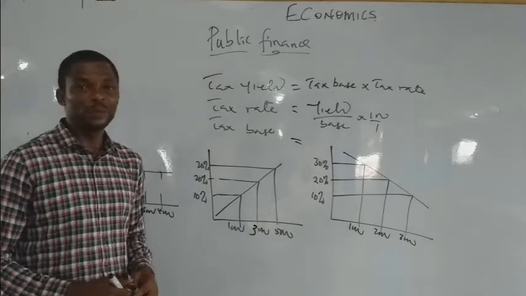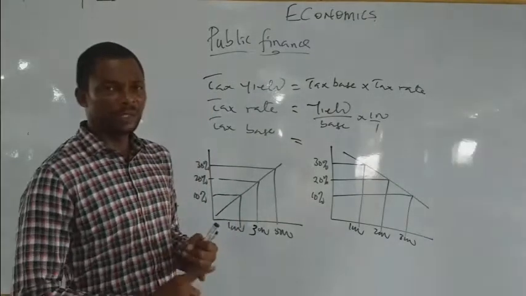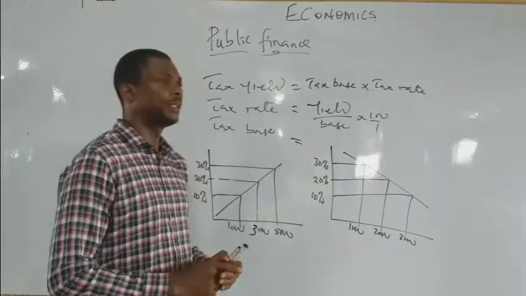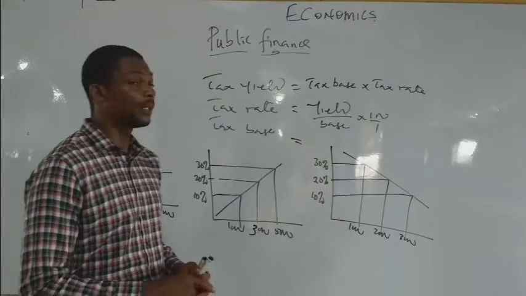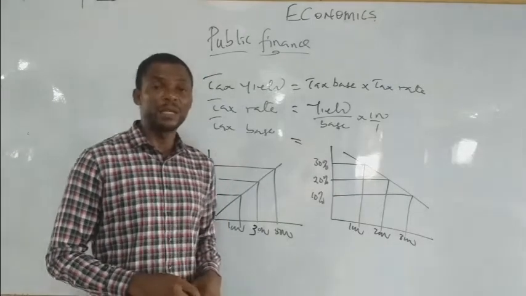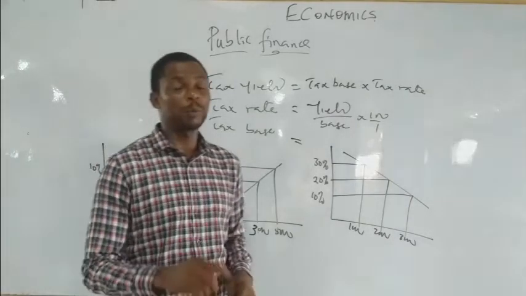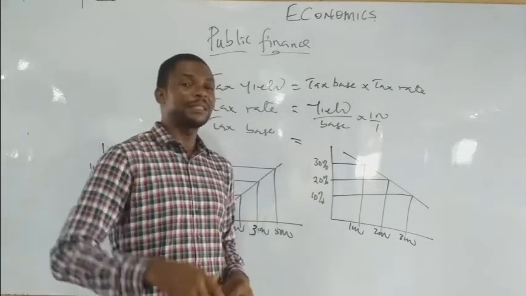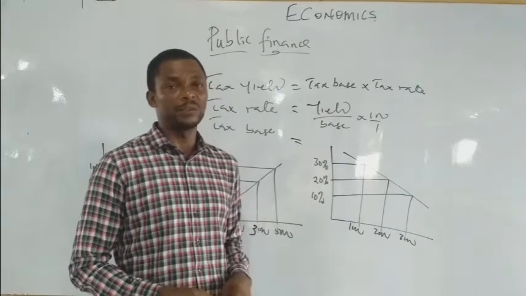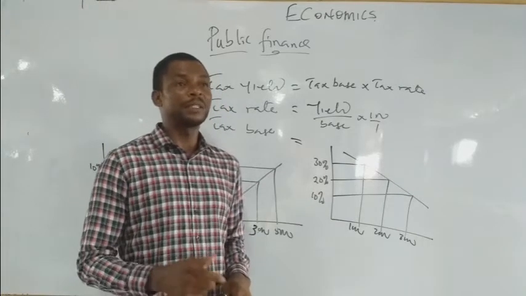So viewers have been able to tell the three systems of direct tax, which are the progressive tax, the regressive tax, and the proportional tax. We'll go straight to the indirect tax. What are indirect taxes? Indirect taxes are taxes that are paid on properties or individuals. They are basically taxes paid on properties. Such a kind of tax is referred to as what? An indirect tax.